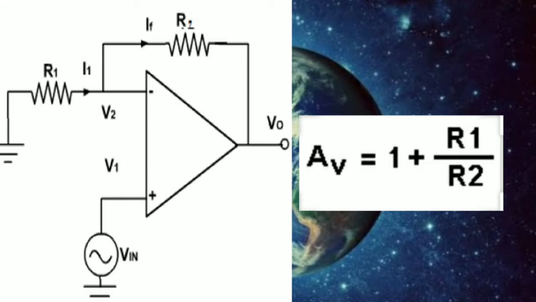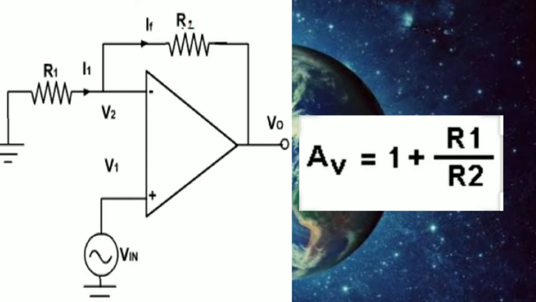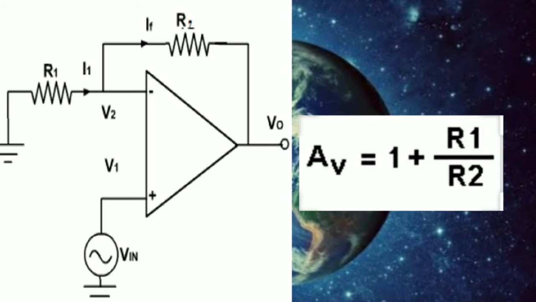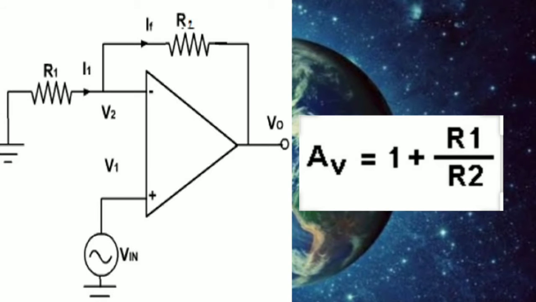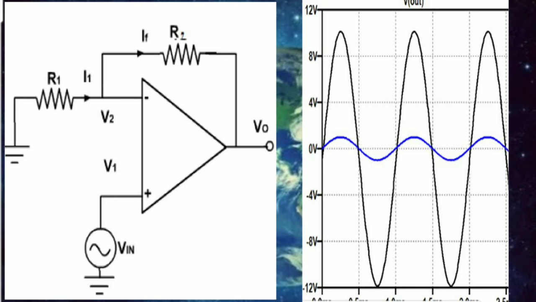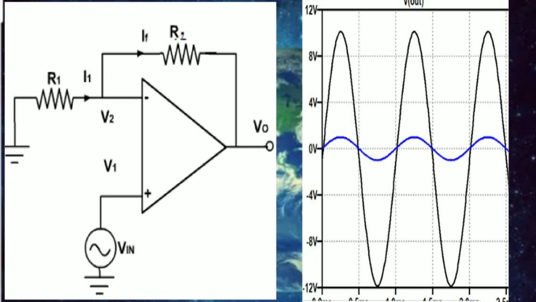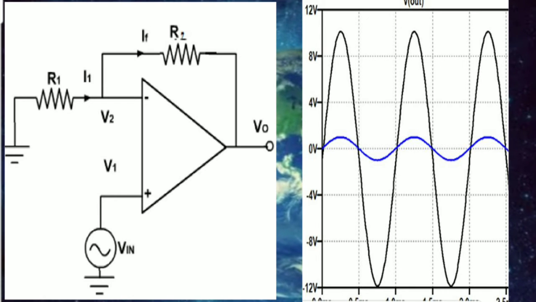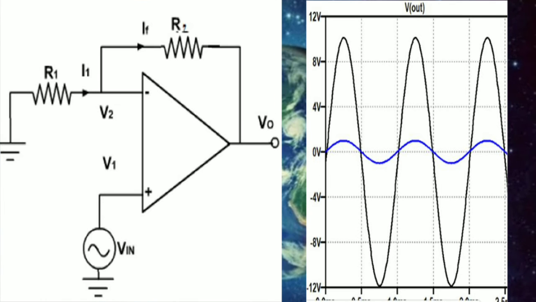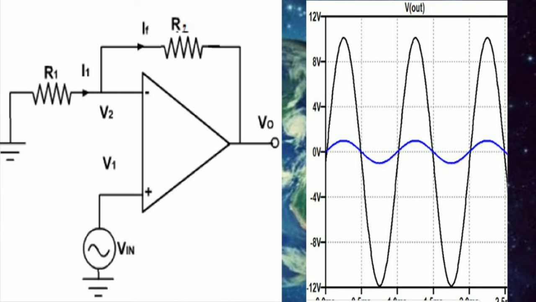Thus, the output voltage of a non-inverting amplifier is a function of voltage gain multiplied by the input voltage, where the gain is a positive value. By this I can say that when you have a positive input voltage multiplied by a positive gain, then you will be getting an amplified positive cycle. So it is very clear that the non-inverting amplifier output voltage is in phase with the input voltage. Thus we call it a non-inverting amplifier.